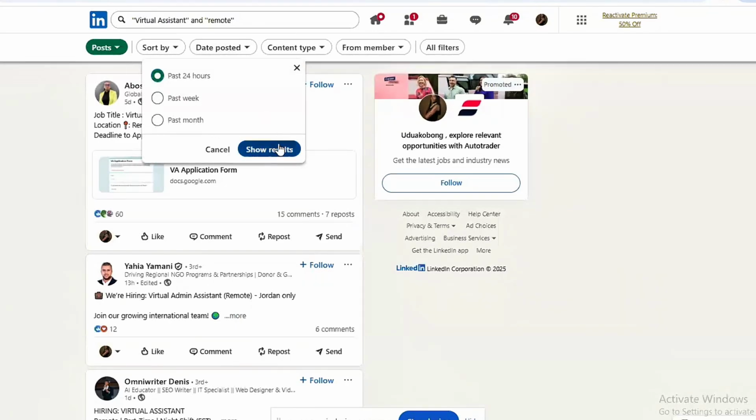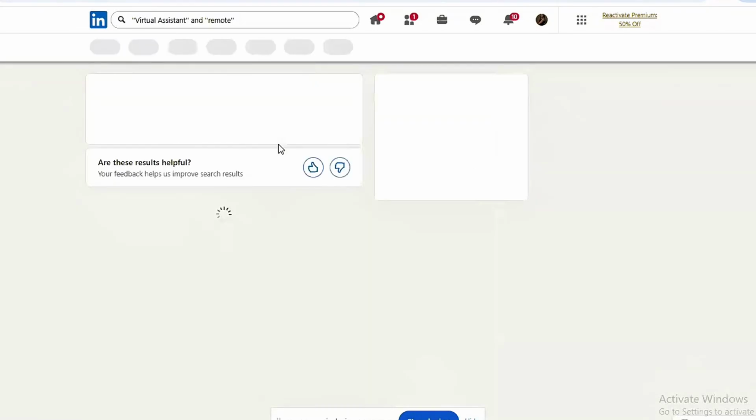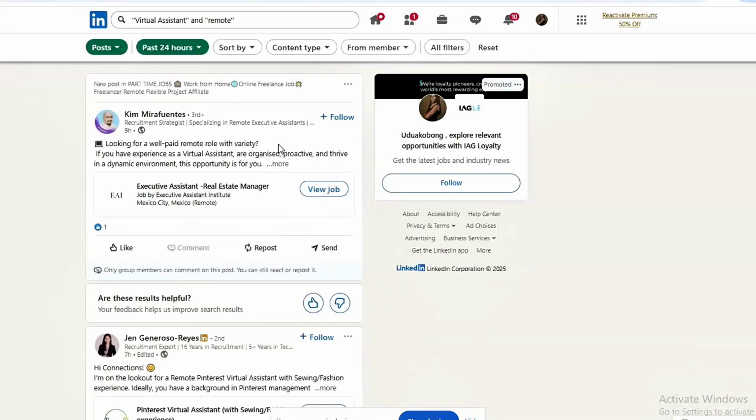Why are we doing that? We're doing that so that we can get the latest jobs. If you are applying for jobs that were posted a week ago, 2 weeks ago, probably they've already gotten someone for that job, or that they've entered the interview stage. So don't bother applying for those jobs. Look for jobs that are current within 24 hours, because with that you stand a better chance of landing that